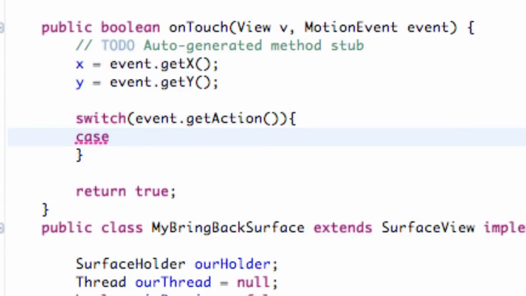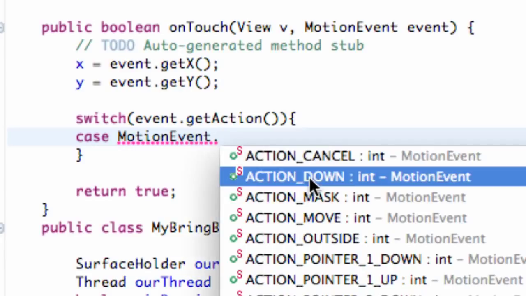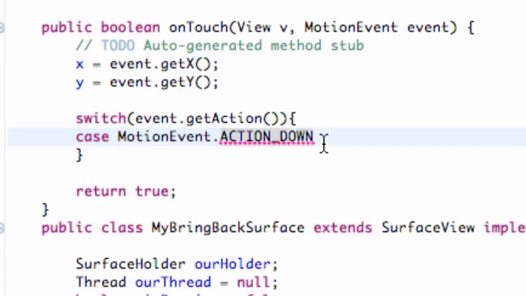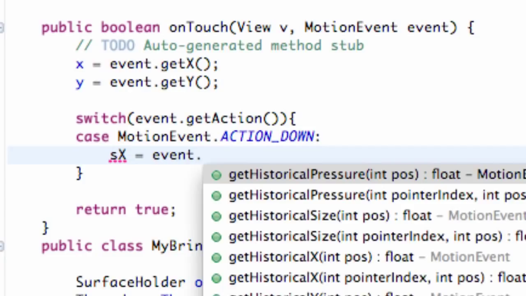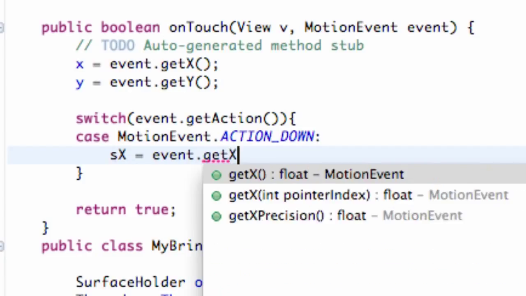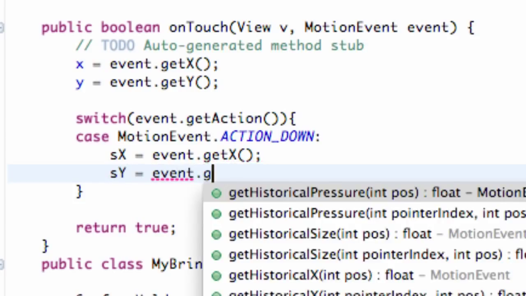So we're going to say case, and then we're going to refer to the MotionEvent class, and then we can hit dot, and we have the events that can happen. So down is right when we first click. So what we're going to do within this case, we're going to set up our starting X, our startX, and then it's just going to be again equal to event.getX. Again, kind of review here, and then also our starting Y, and that's going to be event.getY,